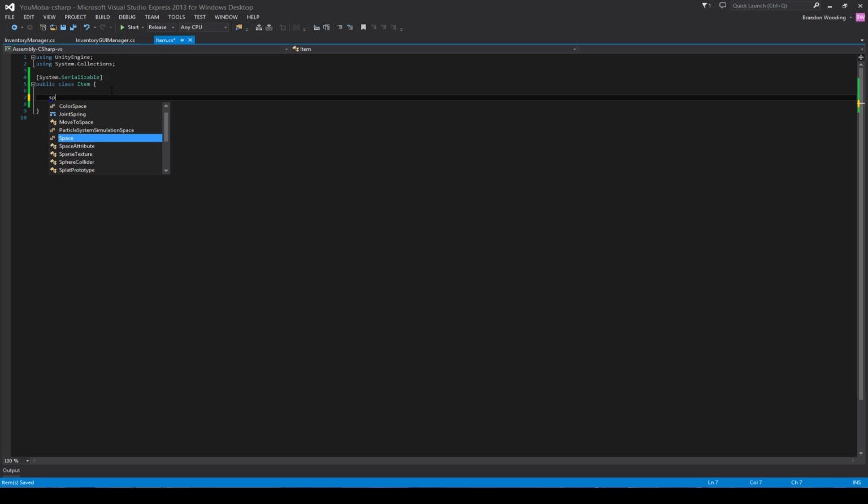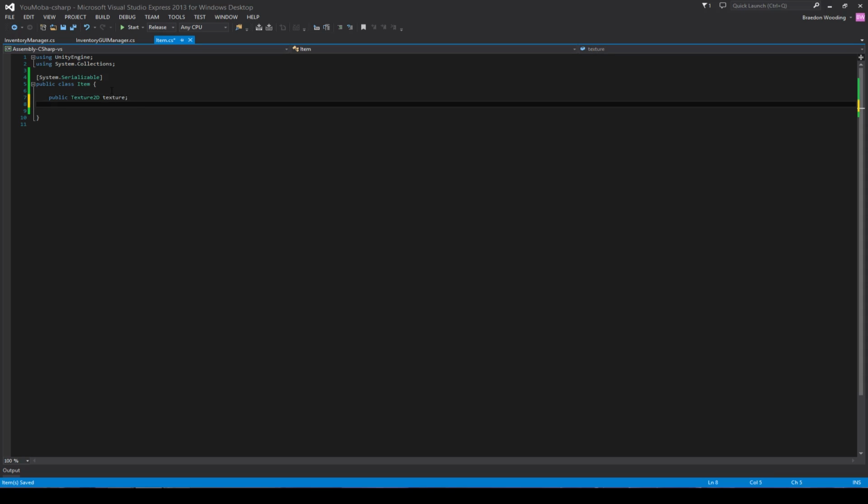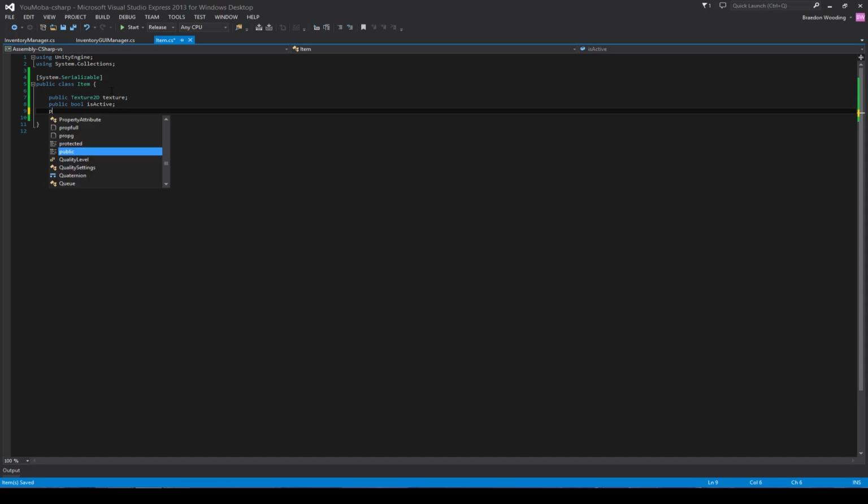And the reason why we're using a sprite, we can use Texture2D actually. We'll make it public Texture2D, and we'll call this maybe texture, right? And now we're also going to have a public boolean called isActive. And we're also going to have a